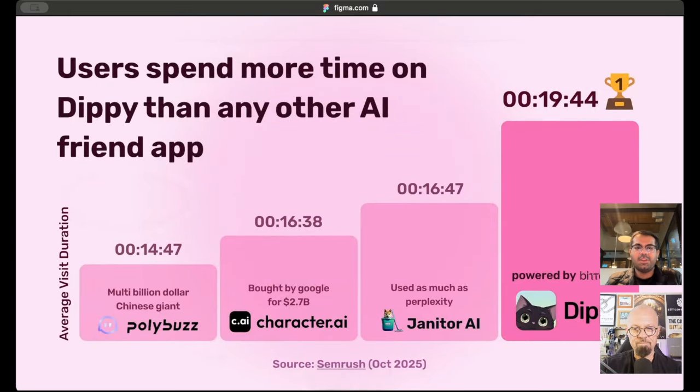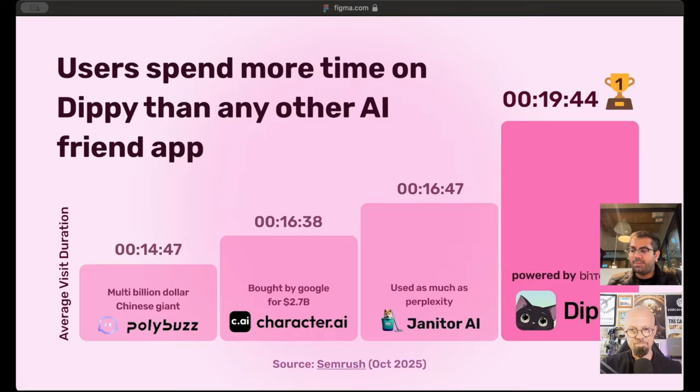Another interesting thing that we're really proud of, a combination of our model training efforts in the previous version of Subnet 11 as well as our in-house AI efforts, is that we've been able to improve our LLMs to the point where we now surpass our competitors in delivering the most engaging experience. Dippy by far has the highest engagement time in the category. And this is publicly verifiable data. Anyone can go on SEMrush, one of the big third-party sources, type in all the names and see it for yourself.